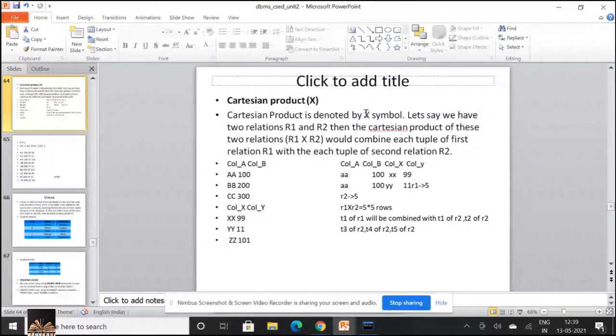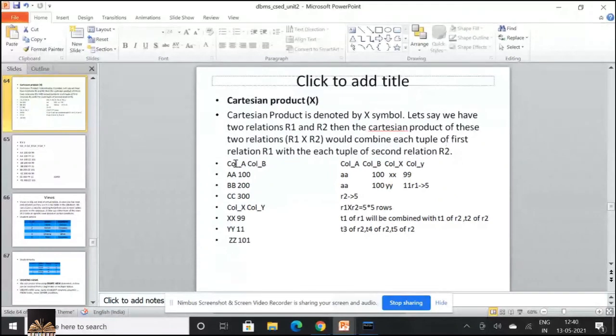Whenever you have n rows in relation 1 and m rows in relation 2, the Cartesian product will have m into n rows. That is the reason we have specified it would combine each tuple of the first relation R1 with each tuple of the second relation R2.